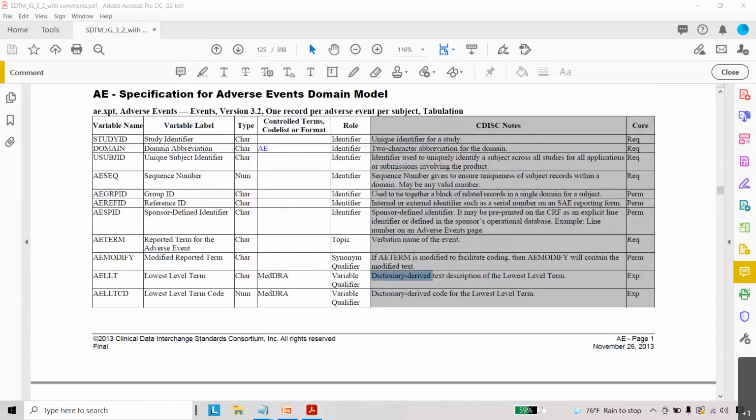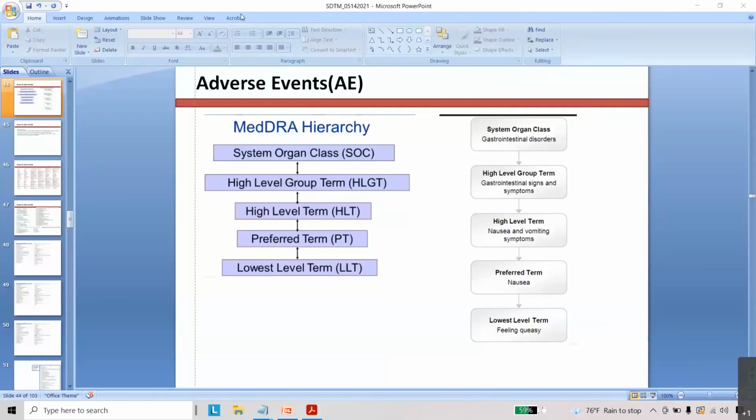Understanding MedDRA is very important, because any event's captured information is divided into different sections. As per the MedDRA hierarchy, we can see a particular event's lowest level term, followed by preferred term, followed by high level term, followed by high level group term, and another one is system organ class.